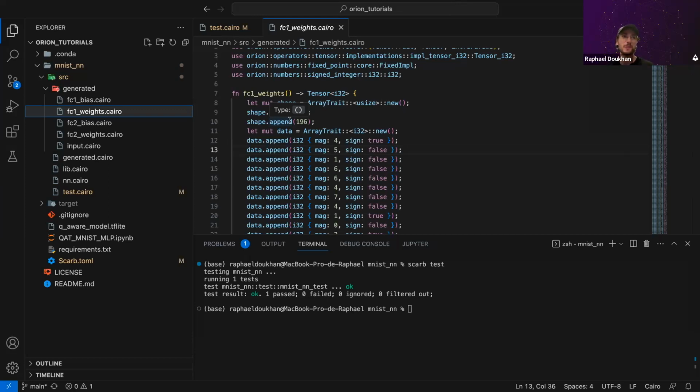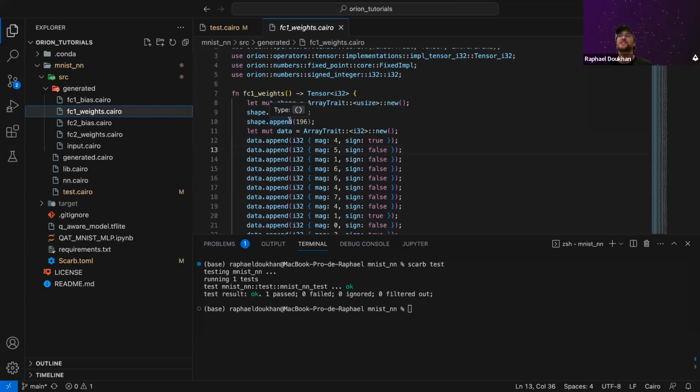So right now, the generated files for biases and weights are all from the trained model in Python, right? Is it possible to train the model inside Cairo? No, for the moment we are really focused on the inference part, because I think it's good enough for the moment. Of course, it's not ideal, and training in Cairo is another deal, because how do we manage the backpropagation?